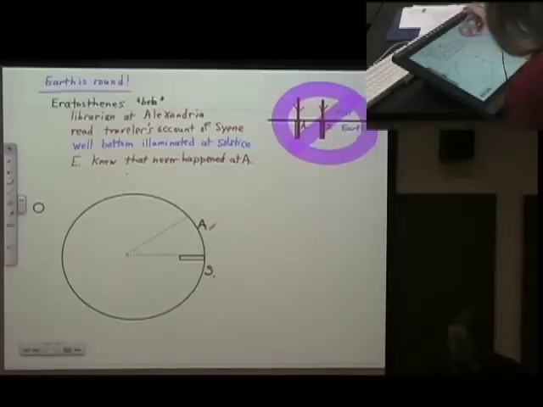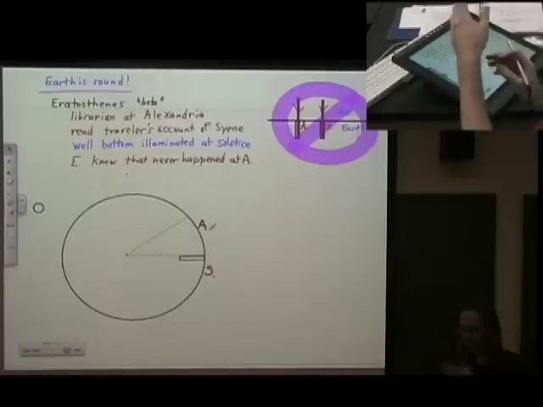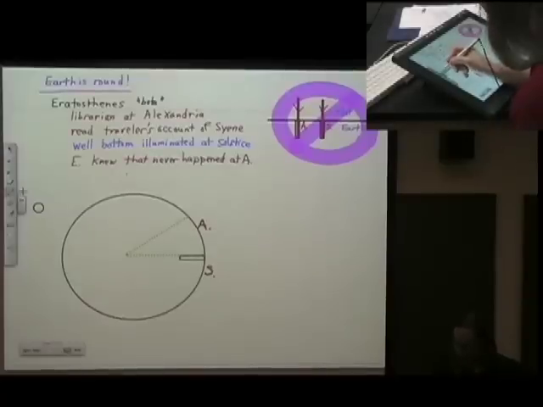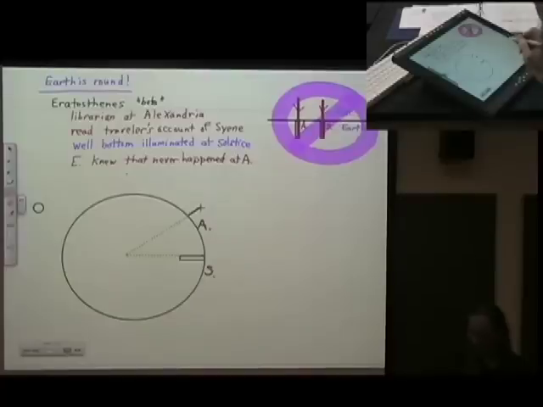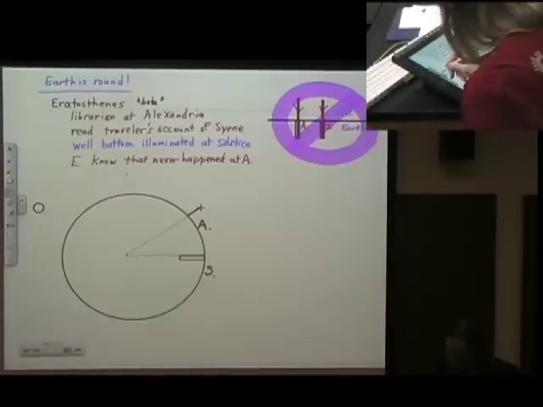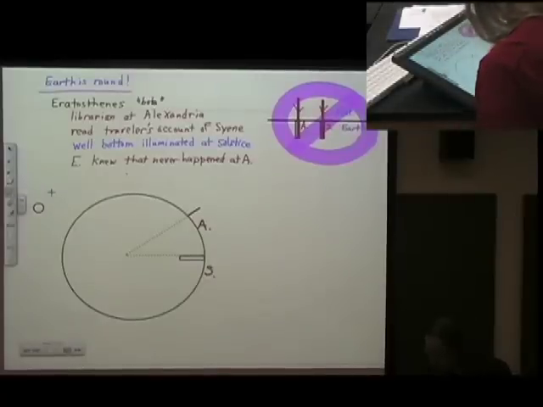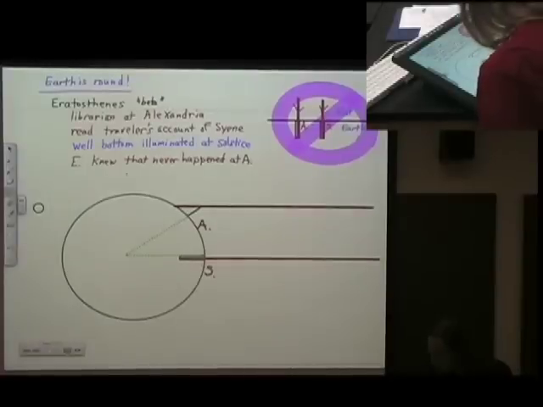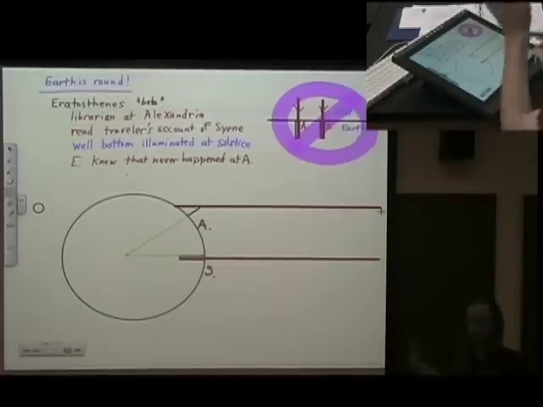Now let's do the following. Eratosthenes knew that at Alexandria, the bottom of the well was never illuminated, so actually he did an experiment. He put a stick in the ground, a vertical stick, and the vertical stick is an extension of the radius. And then he found the length of the shadow on the solstice. So we're going to need a little bit of geometry here. So this is one ray of the sun, and let me put another ray. Okay, so two rays coming from the sun. The sun is way off to the right.